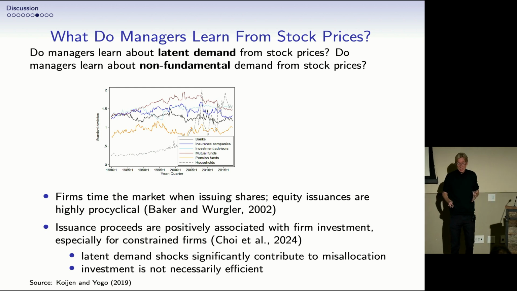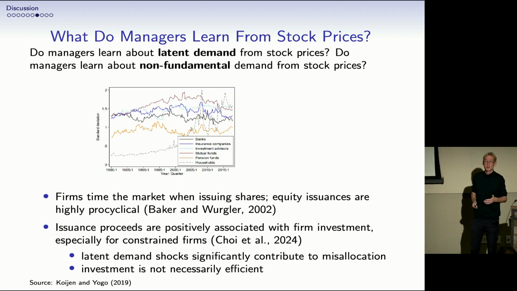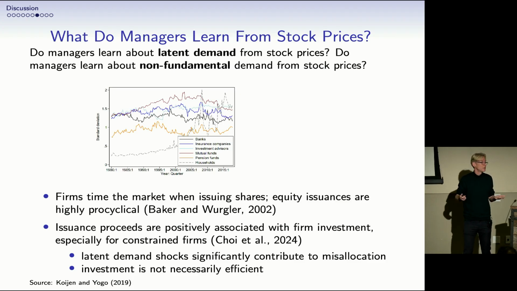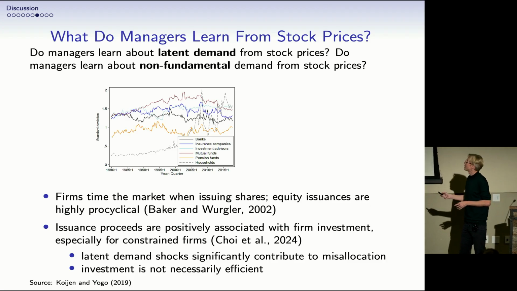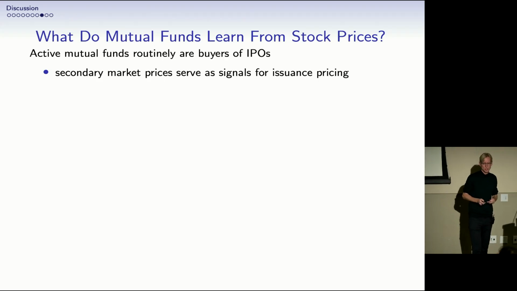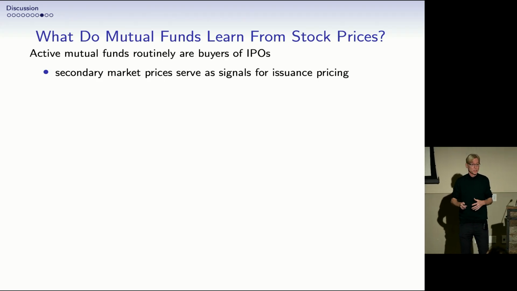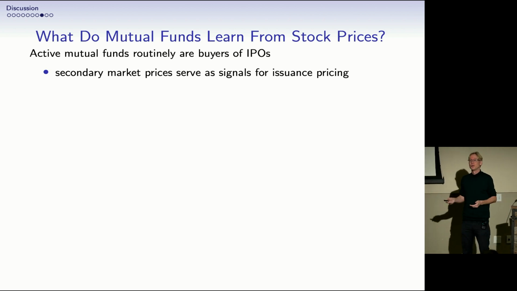So in some sense, what you could say is probably managers and companies do learn something from stock prices. They might not learn about productivity, and whatever it is that they learn about, it might not actually help allocative efficiency. So perhaps as a last quick point here, I want to come back to that more literal interpretation, which seems quite interesting to me, in that sense that active managers contribute to